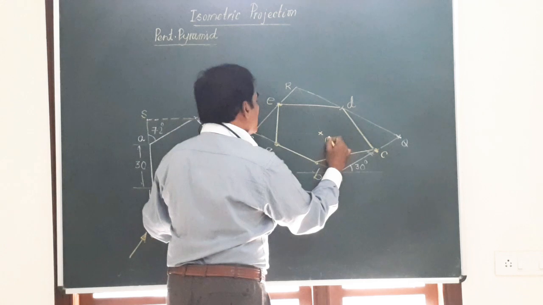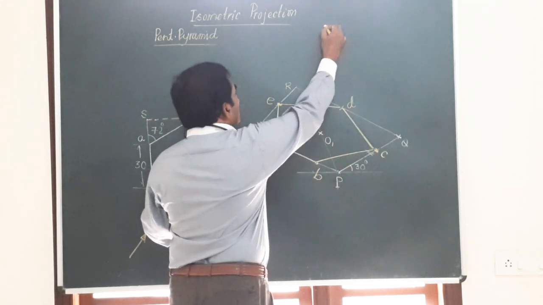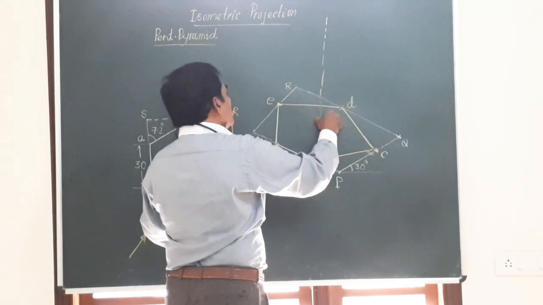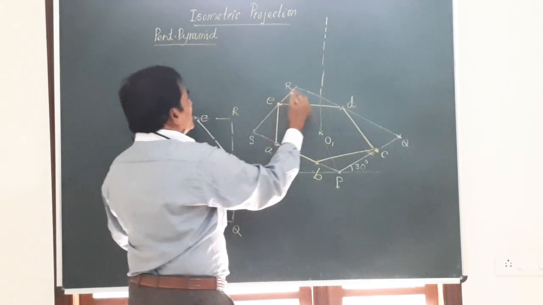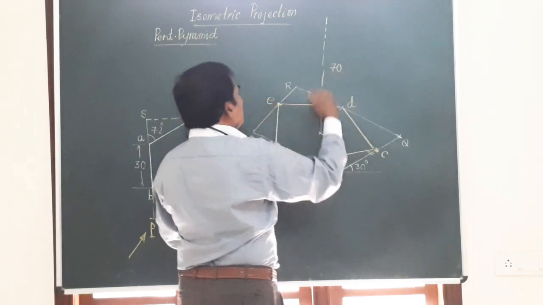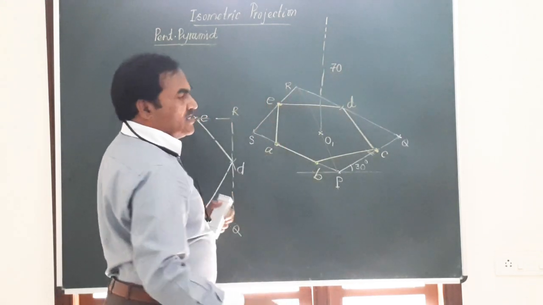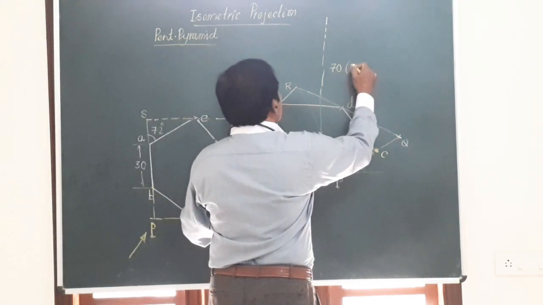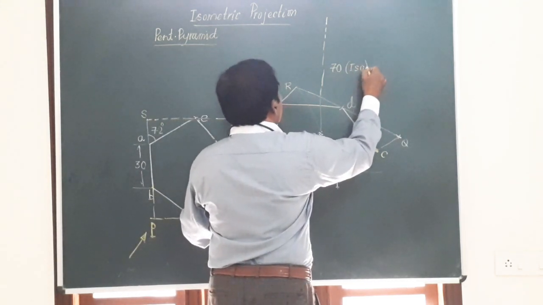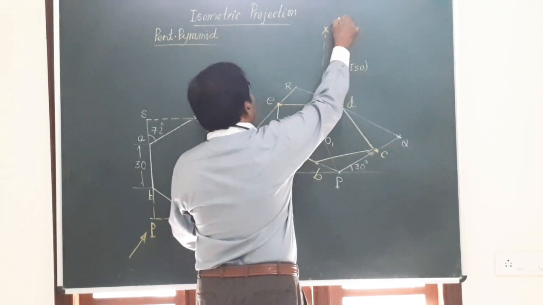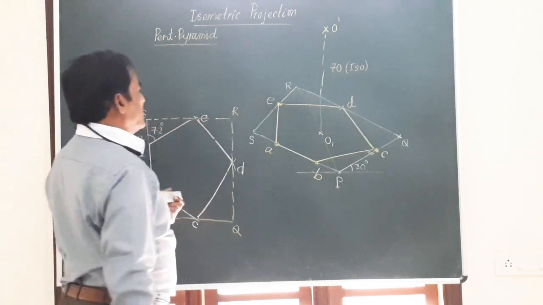We will call the bottom center as O1. From there, you write a vertical line to show the axis and the height of the axis, say some 70 mm, given in the question. The pyramid has got a height of 70 mm. Remember that 70 mm should be the ISO. So 70 into 0.815. Say this is the vertex of the solid. Let us say this is O dash.